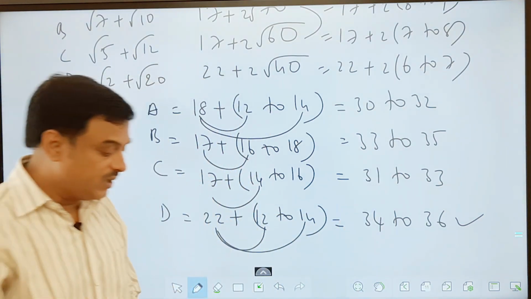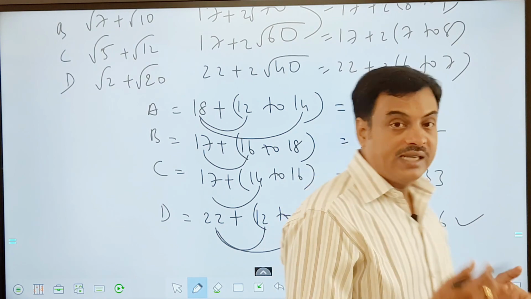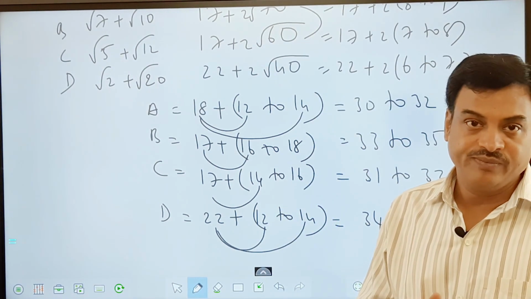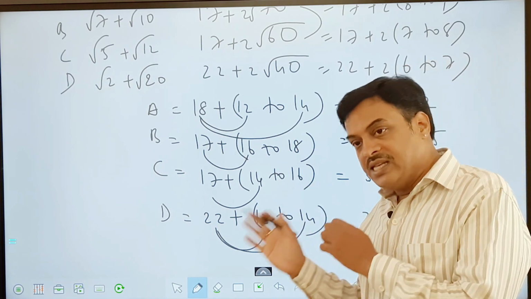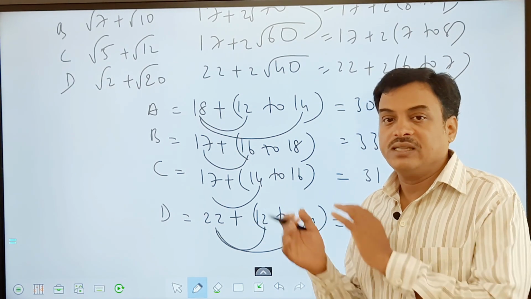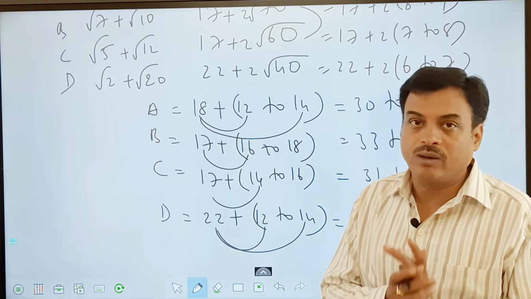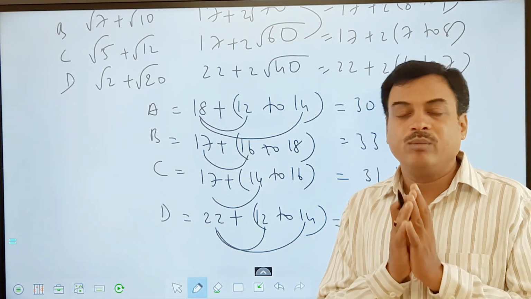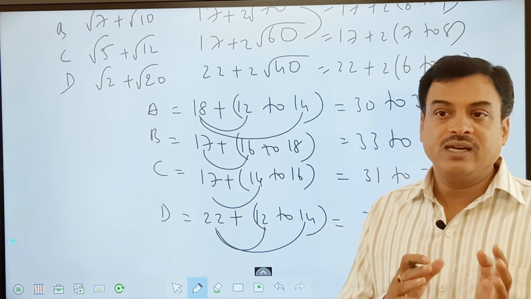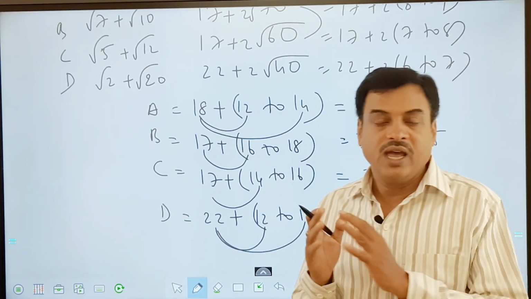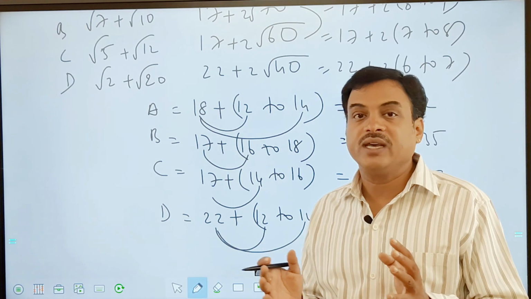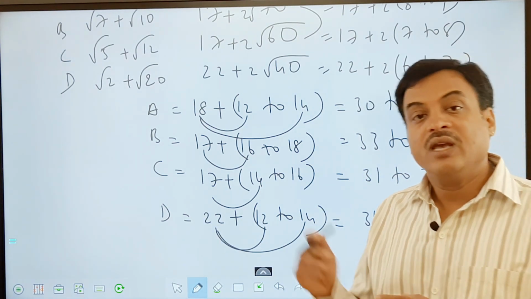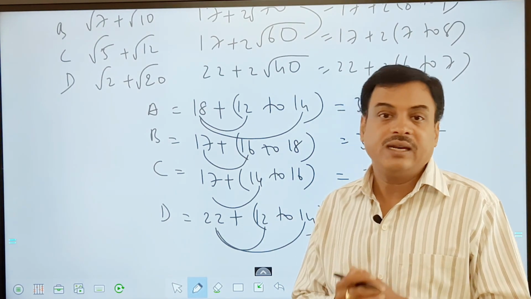Okay? So that is a method to arrange things in ascending order, descending order, and to find the highest. These are the comparison questions. Fair enough? You can practice these, and this will help you to do surds completely. Indices and surds are two topics where you mostly get one or two questions in all competitive exams for sure. Many competitive exams have a lot of questions from indices and surds. So do practice. Take care. Thank you all.